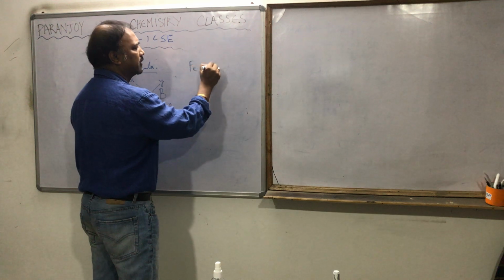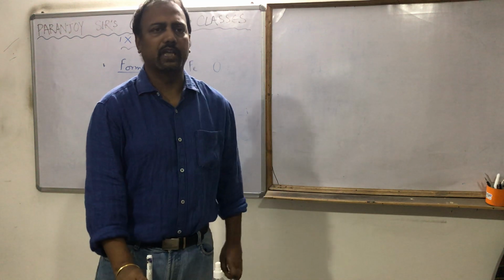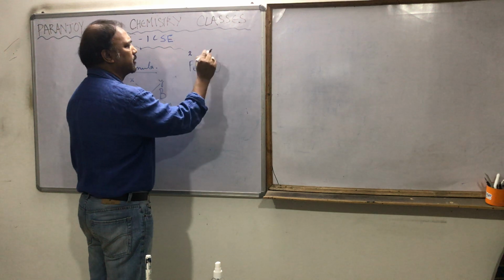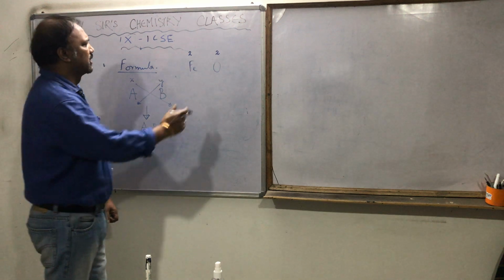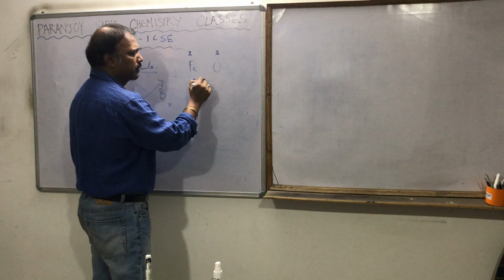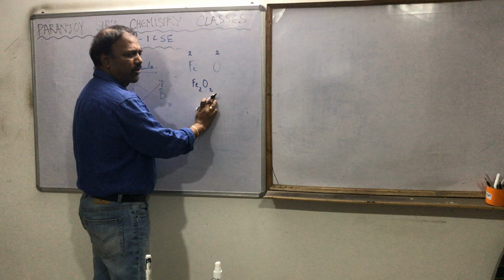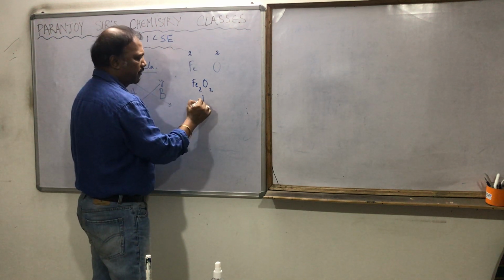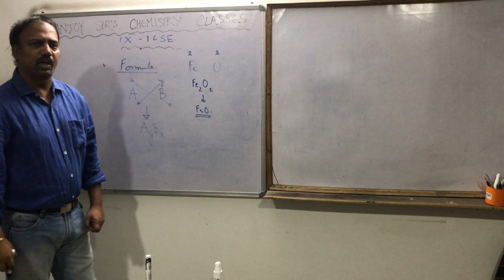Let us try to write down the formula of ferrous oxide. In case of ferrous oxide, I told the valency of iron is 2 and we know oxygen's valency is also 2. So if we apply the crisscross method, the formula has to be Fe2O2. Since both are the same, we can take the simple ratio, which will be 1:1. So you can write the formula as FeO. That is why ferrous oxide has the formula FeO.